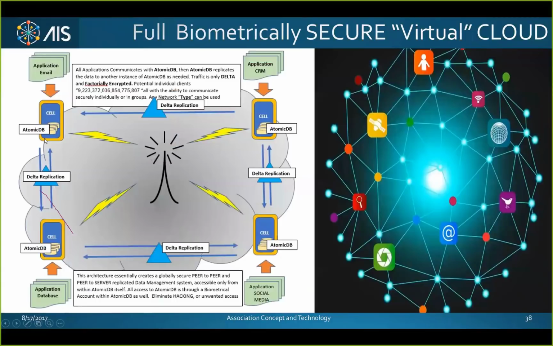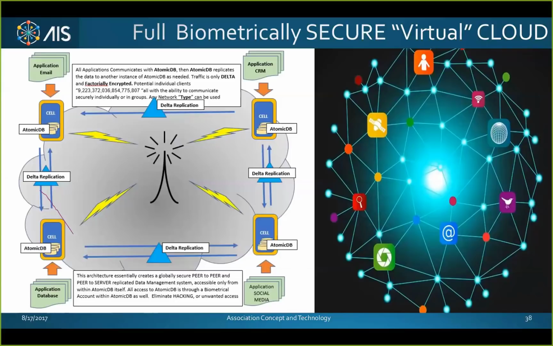No robot devices, no system calls, no system accounts. You have to be logged in as a human being in order to access as a node on the cloud. And the data that you're able to see is only the data that you create yourself, unless somebody grants you permission to see their data. Now, all of this is factorially encrypted. All right, we have keys that are larger than 4 billion.